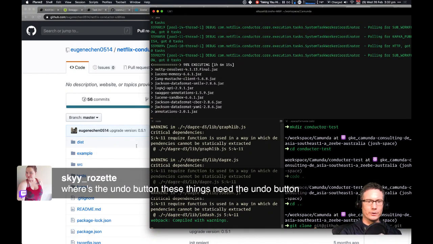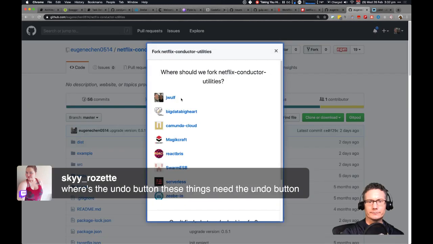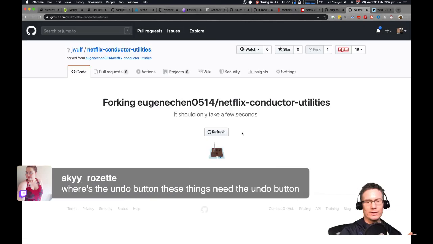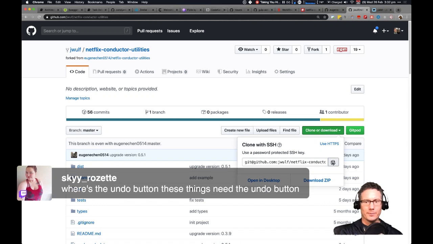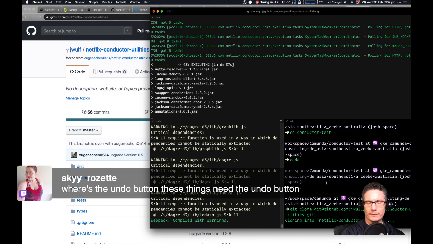No, I should fork it first and then clone it. So fork it. Ta-da! Who would ever have thought that I'd be fixing the Netflix Conductor code? Copy that. Clone. Boom.